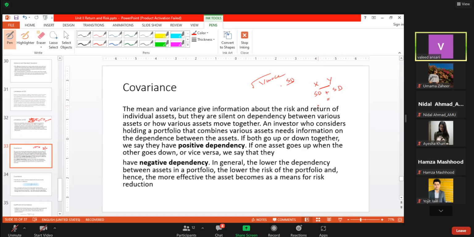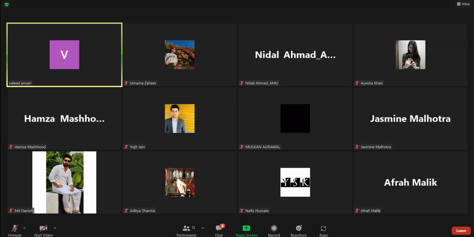The reason is that we need a measure by which we can compute how these returns move together, whether when the return of X is moving up, Y is also moving the same way, up and up, or